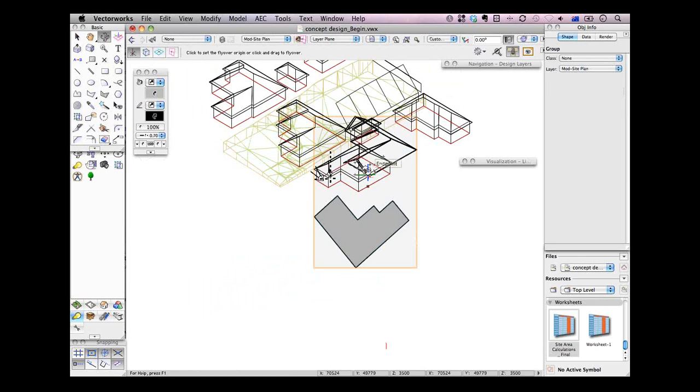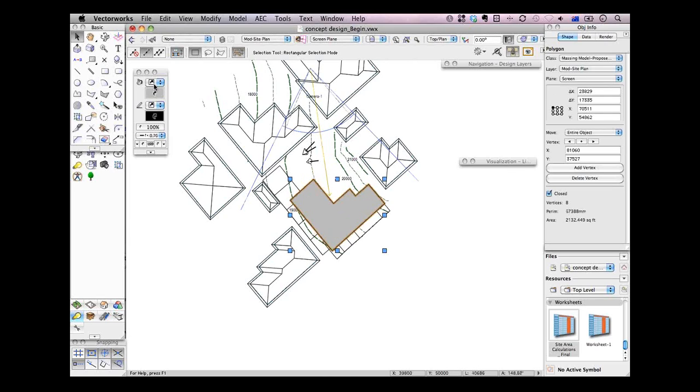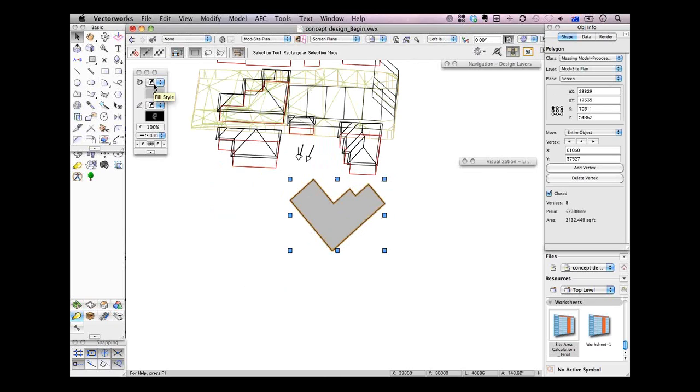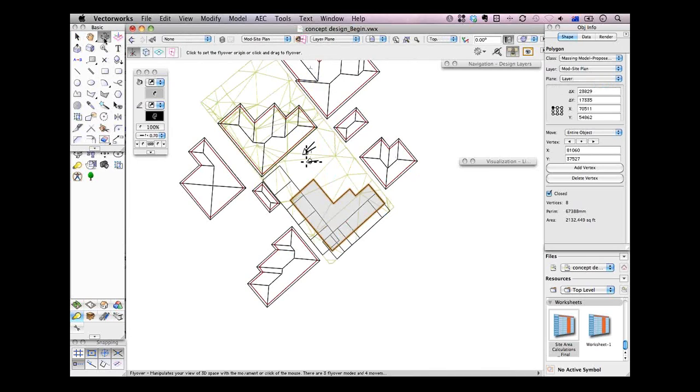You might have to move it back in 3D. Okay, let's ungroup that, and we'll delete our roof, and that should be a polygon. So that polygon, what can we do with it? At the moment it's in screen plane. I'm going to change that to layer plane. And if we turn our view around,